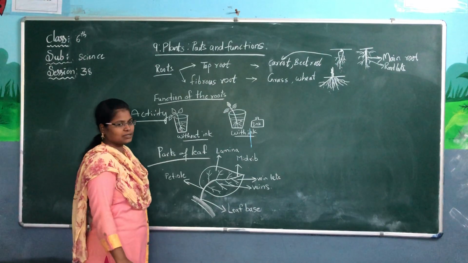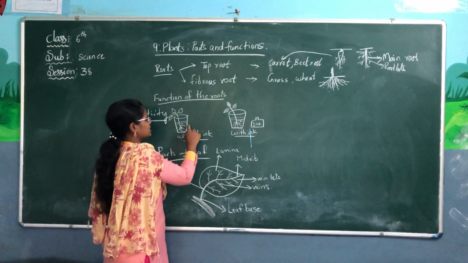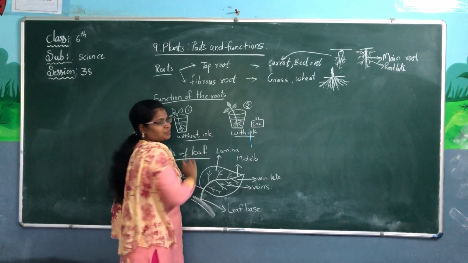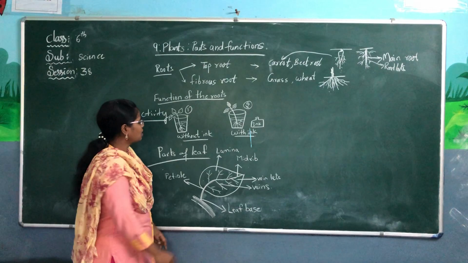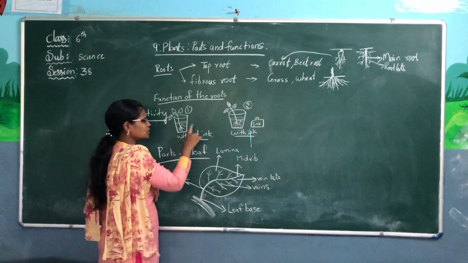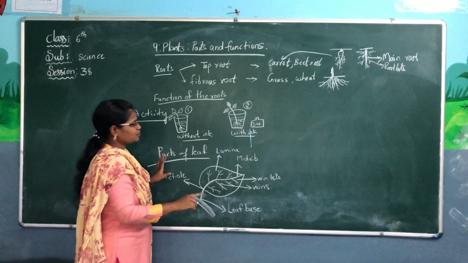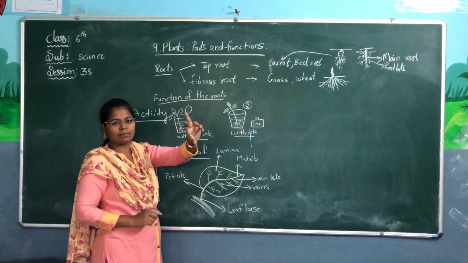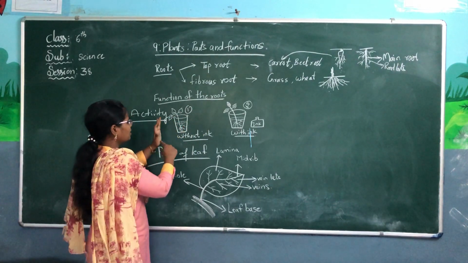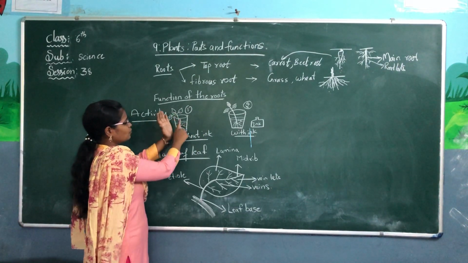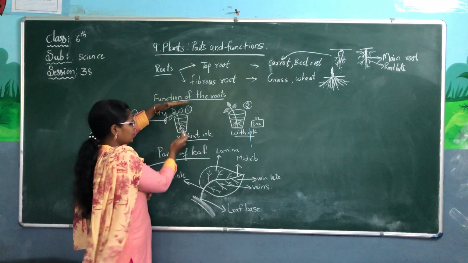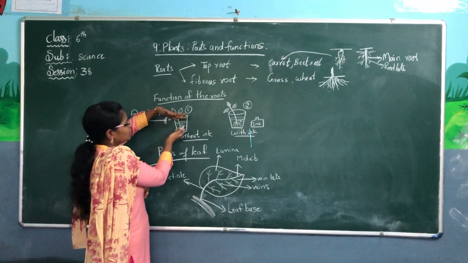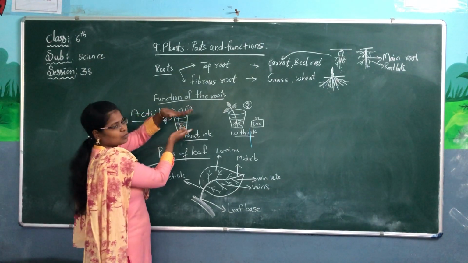What is that activity? Take two glass tumblers. This is the first glass tumbler and this is the second glass tumbler. Fill both of them with water. Now take two small baby plants of this size. The glass and plant should fit like this. Don't take a bigger plant, and don't take one too small. If you take one too big, you can't put it in this. If you take one too small, it will sink in the water.